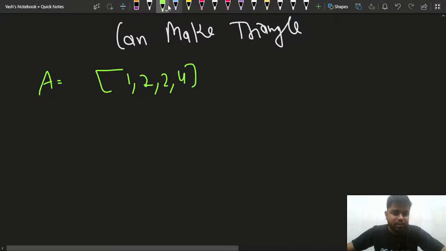So what does it mean? Basically, in a triangle there are 3 sides, right? So if I give you this particular array, that is 1, 2, 2,